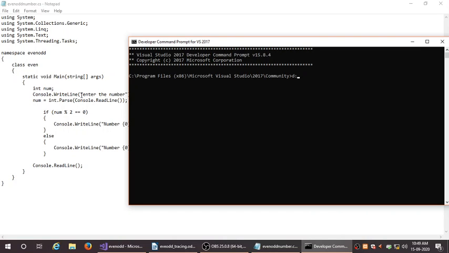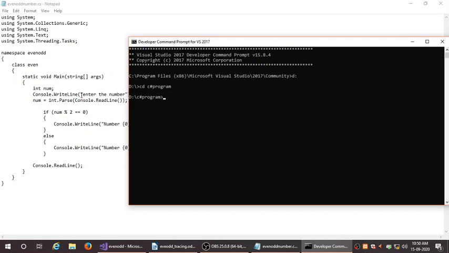For that you type D colon and enter. We are in D drive, and after that we give our folder path, cd C# program, and enter. Now we are in our folder C# program in D drive.